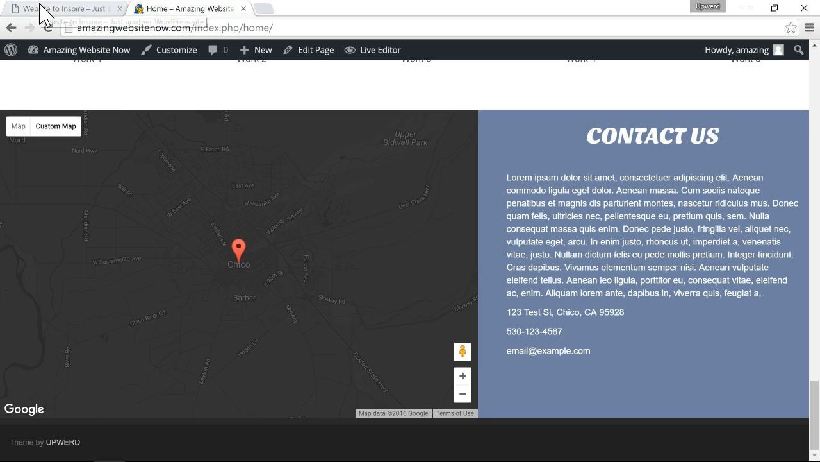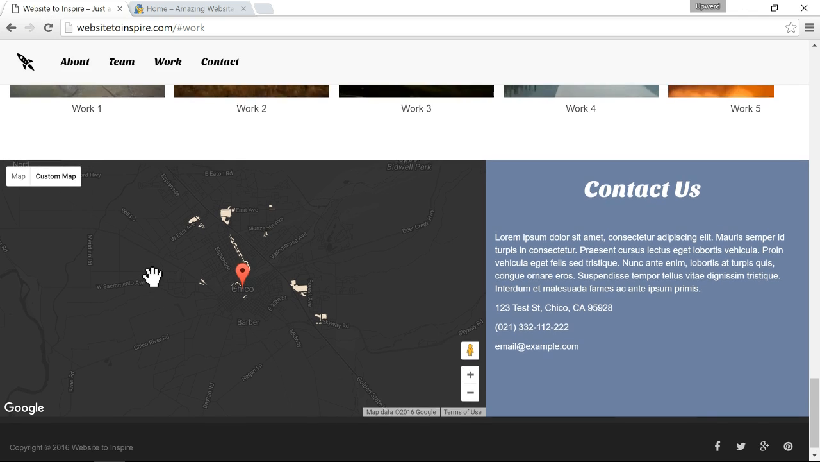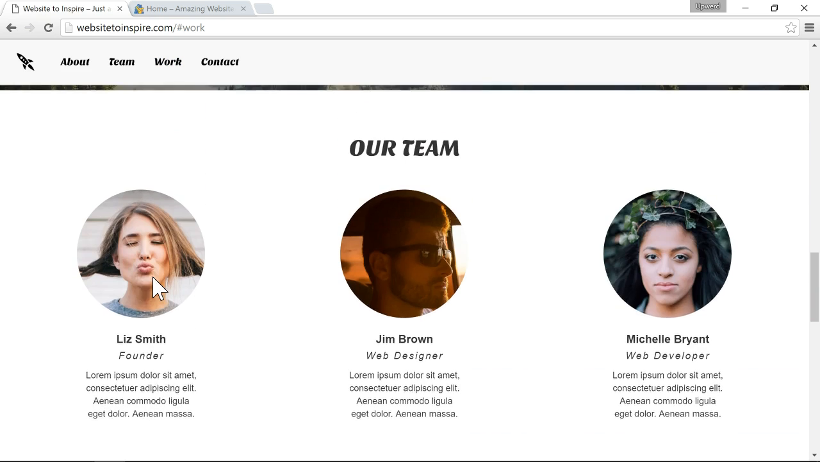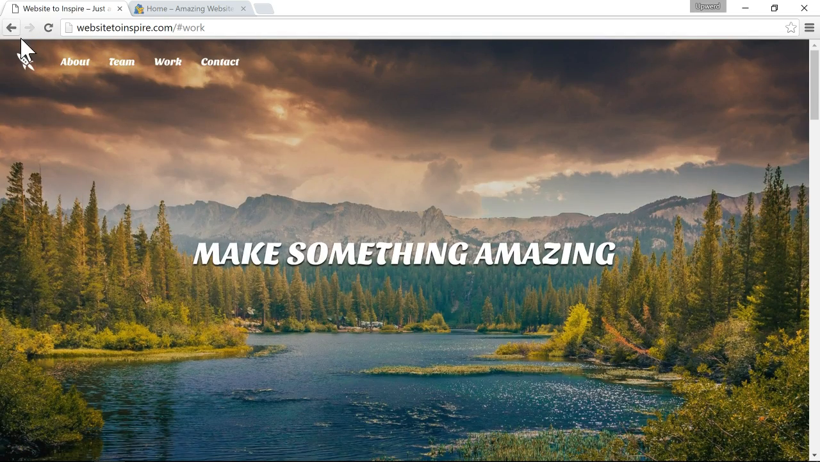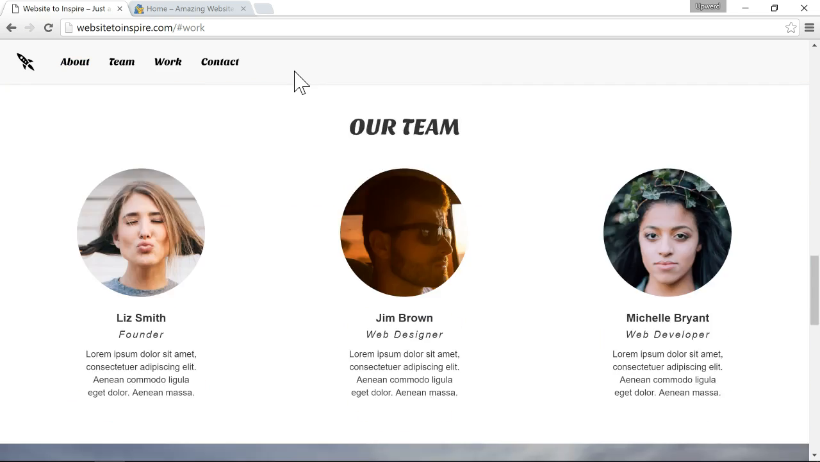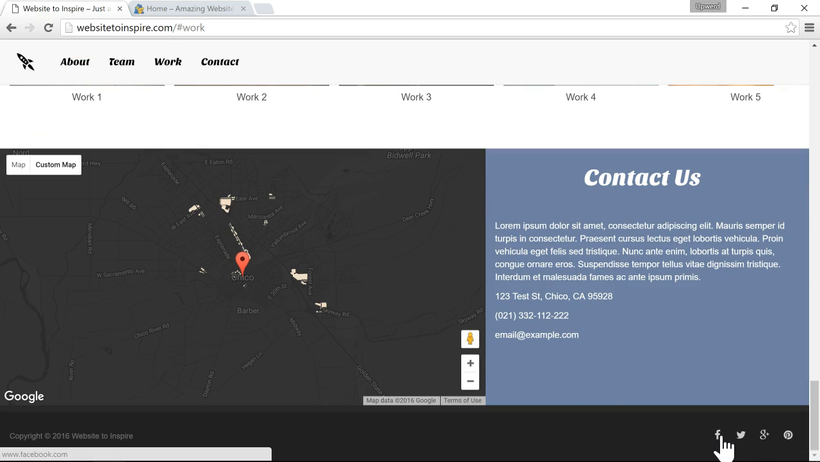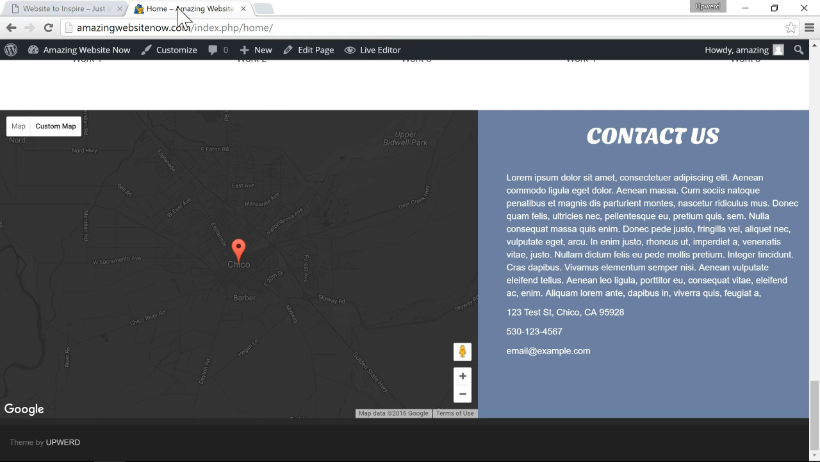So if we go back to the demo, we have pretty much everything except we are missing the logo and the top menu, and then the footer is missing the social media icons and our copyright on the bottom left. So if you go back to WordPress and then click on edit page,